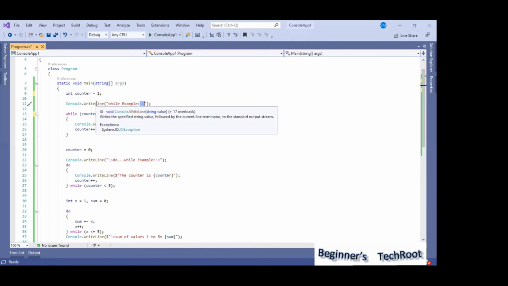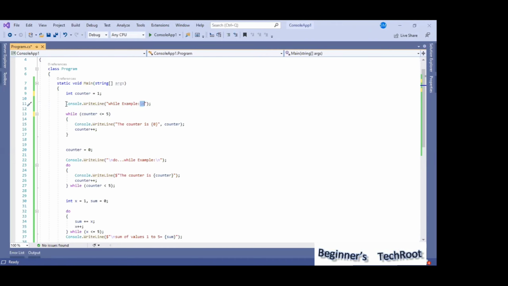Usually the console write line method writes the string, whatever we specified in a parameter, in a line and then moves to the second line. But here it will give you one more line extra.